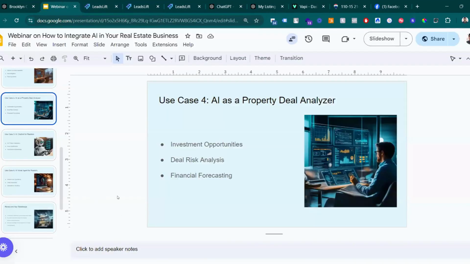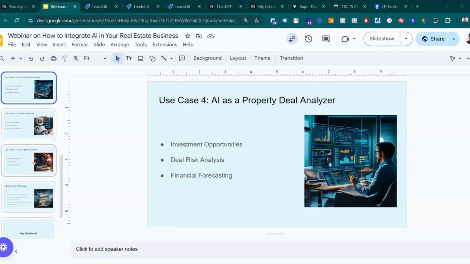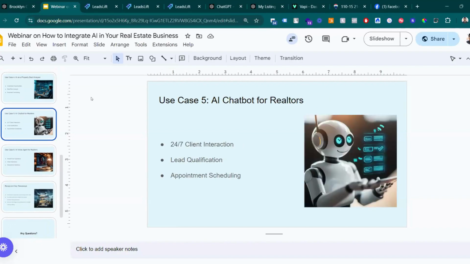Let me give a little bit of context here. People are thinking ChatGPT is AI. It's not. ChatGPT is just generative AI, one part of it. AI behind the scenes can do a lot more tasks. So what Rahat is showing you is another kind of AI which can make our life better. Realtors especially have so many things to do, and I have seen that you guys are so busy. This is another use case where using AI and technology can save your time. So we thought we'd show it to you guys. Go ahead, Rahat. Yeah, thank you, Shahid.